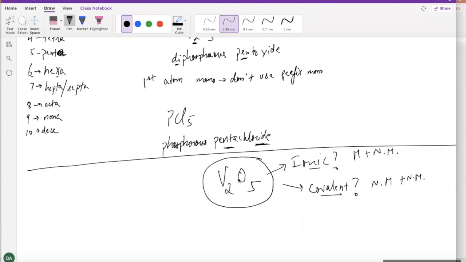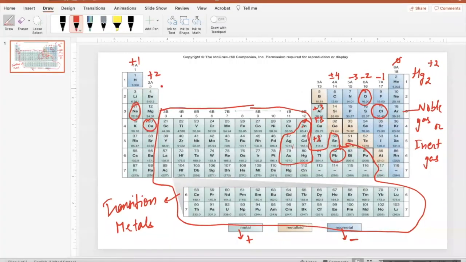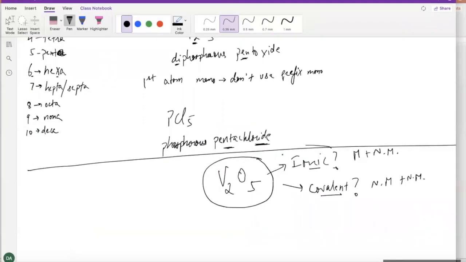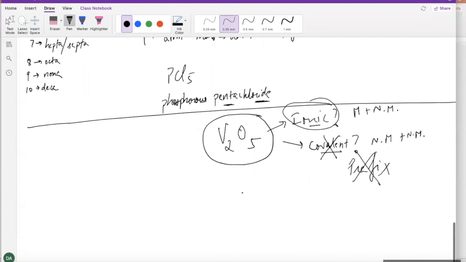So vanadium and oxygen, where are they? Vanadium is sitting here, a metal. Oxygen is sitting here, non-metal. That means it's ionic. It's not covalent. So can we use a prefix? No, we cannot. You cannot say divanadium pentoxide because you cannot use a prefix. So since it's ionic,